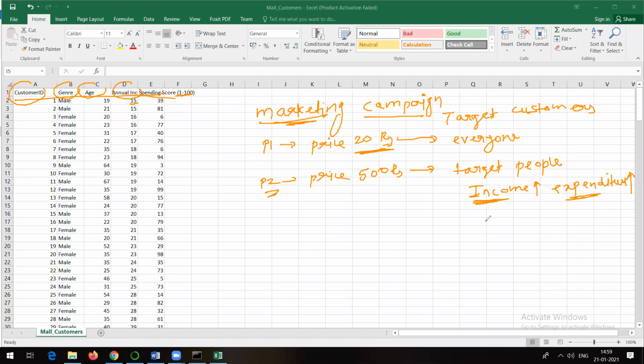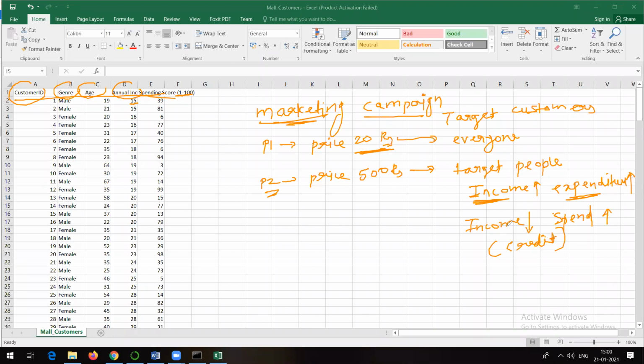Even though someone's income is not that high, they can still spend more. They can have a credit card, they can go and shop, right? So yes, that's also a possibility.